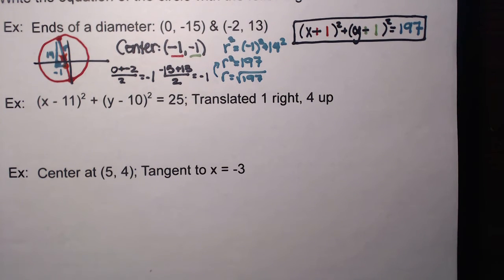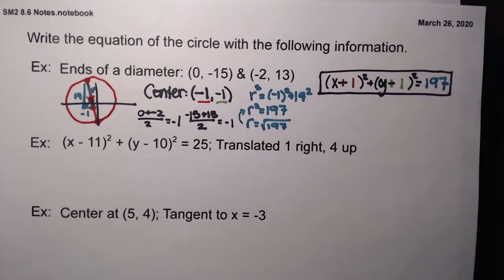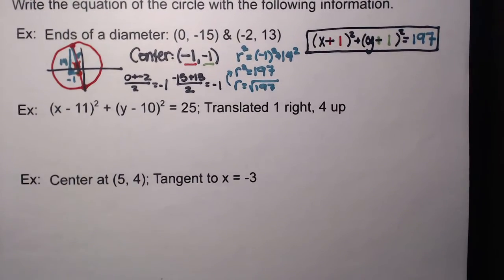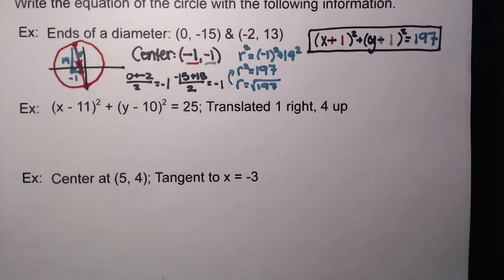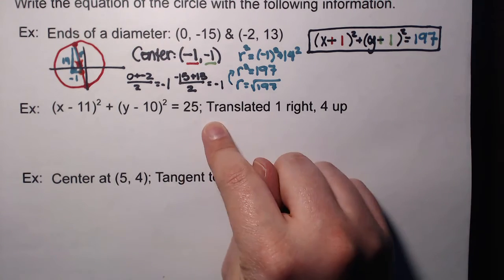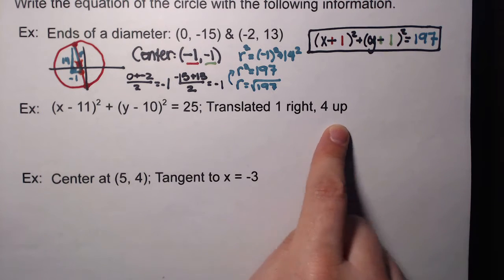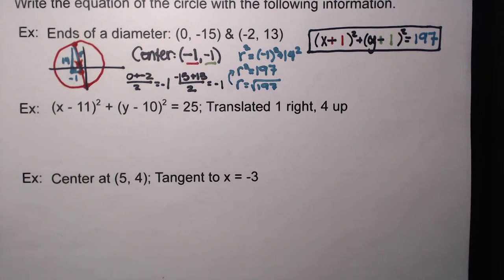Okay, we're going to continue on with this. So this is 8.6, part 2, because we've already started this. So I want to talk about maybe writing an equation if I give you an equation and then tell you how it's moved. So these are transformations. So I'm going to write